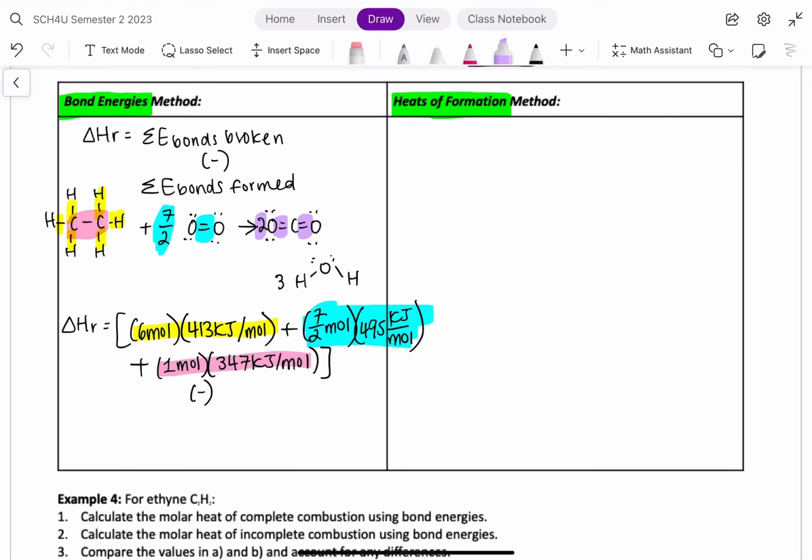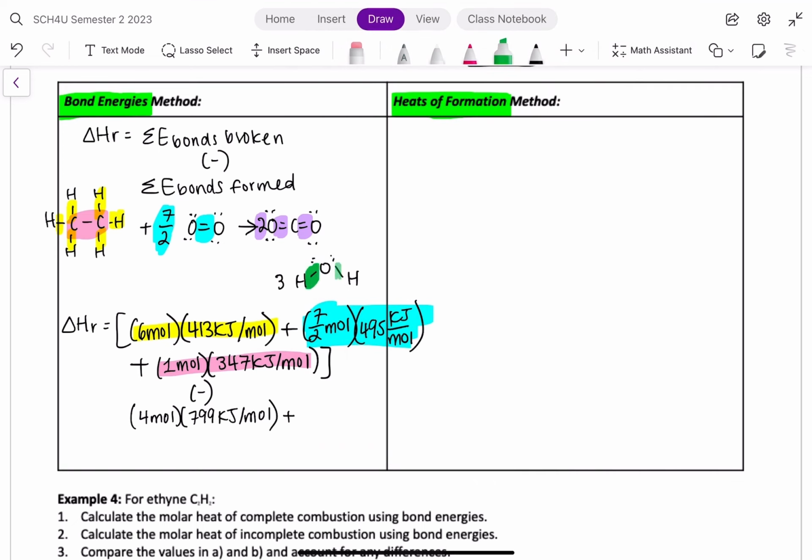So that gives me a total of 4 double bonded carbon to oxygens. So we have a total of 4 bonds of double bonded carbon and oxygen, 799 kilojoules per mole, plus